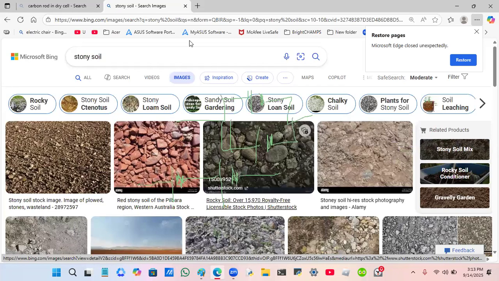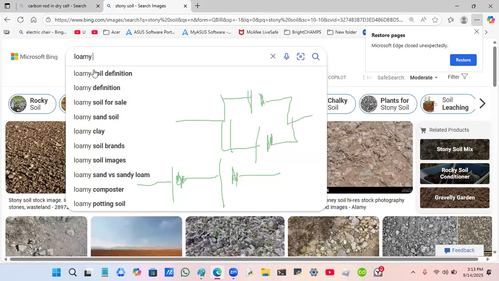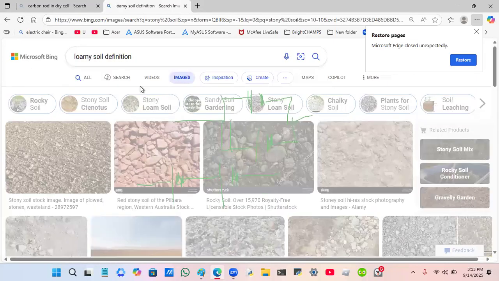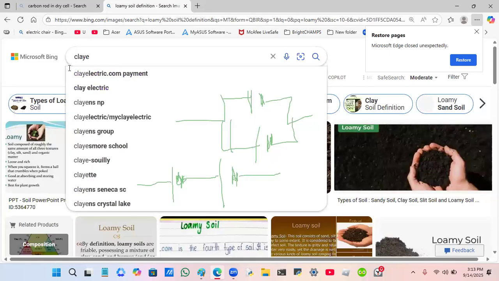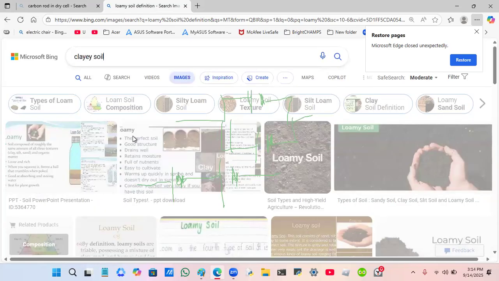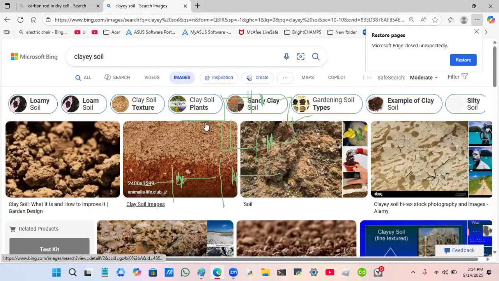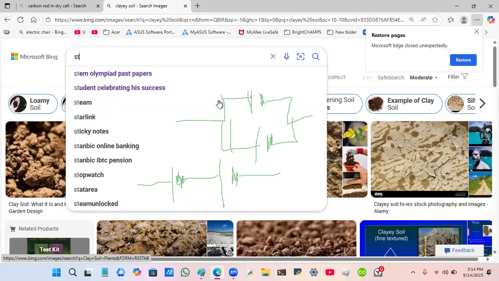Is there one, which some... There's loamy soil. I'm sure of loamy soil, very, very sure. Is that stony? That I'm not sure of. Is there any option like none of the above? No? Clay soil now, that one is sure. I'm very, very sure of that one. There's sandy, there's clay, there's loamy. But that question even